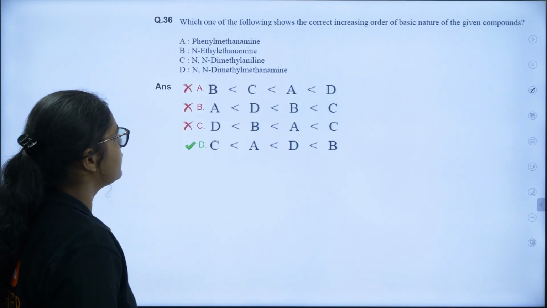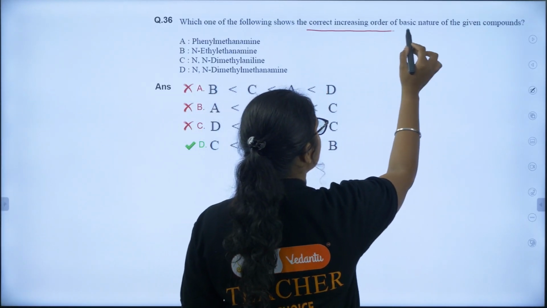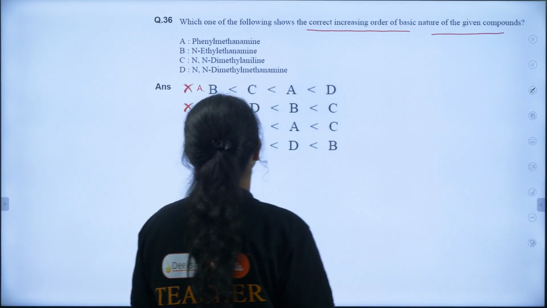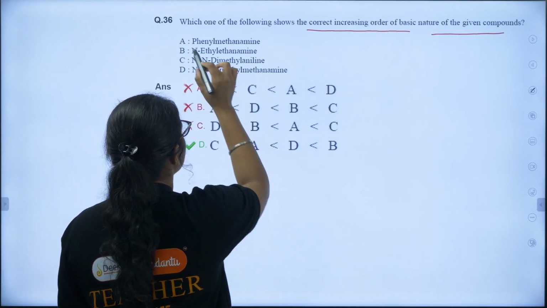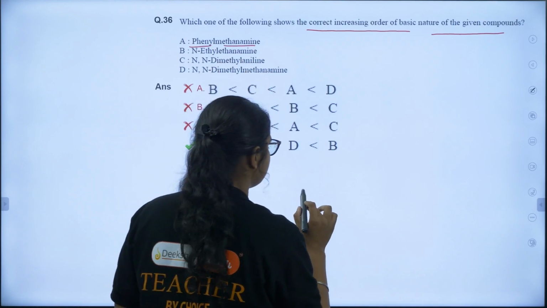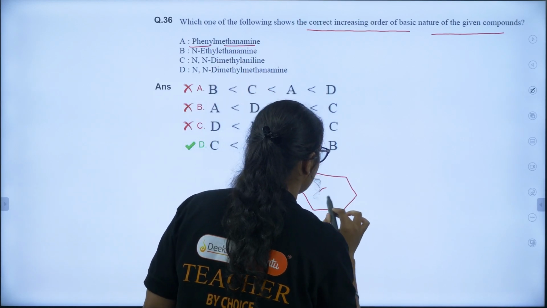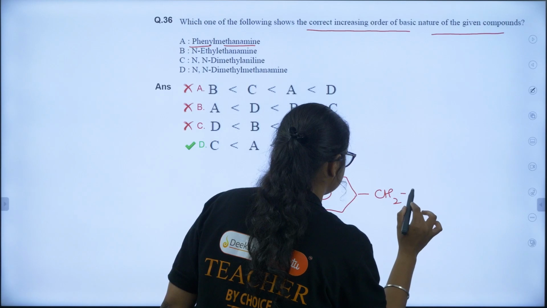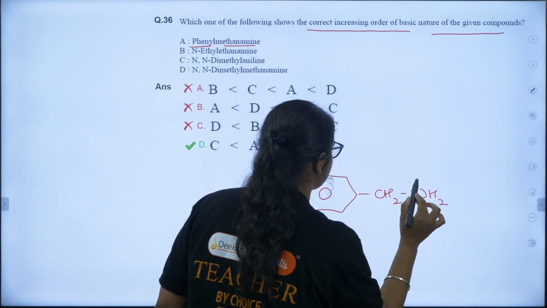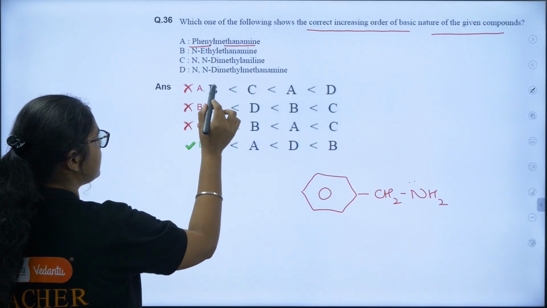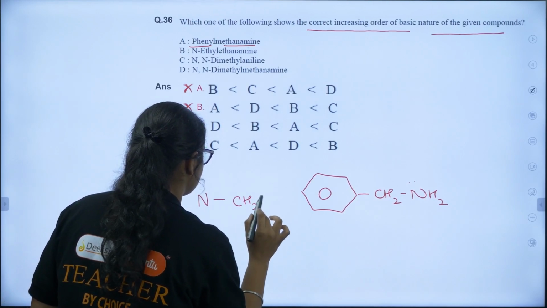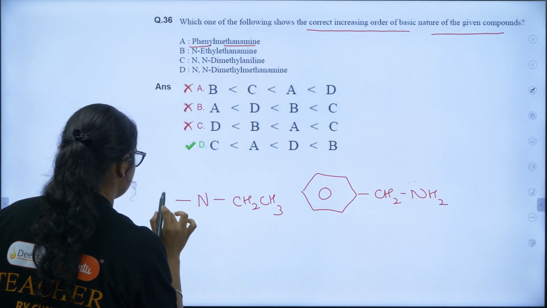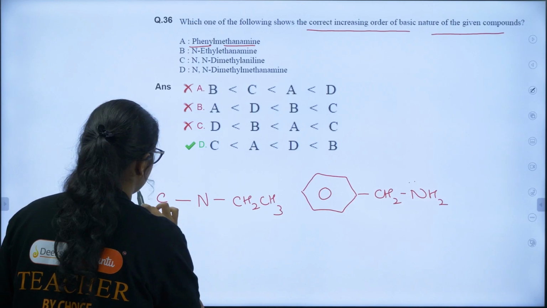Next, which one of the following shows the correct increasing order of basic nature of the given compounds? Increasing order of basic nature. So first, phenyl methanamine, and the structure of phenyl methanamine will be this one. Then we have N-ethyl ethanamine, so if you have N-ethyl ethanamine, we will have here,